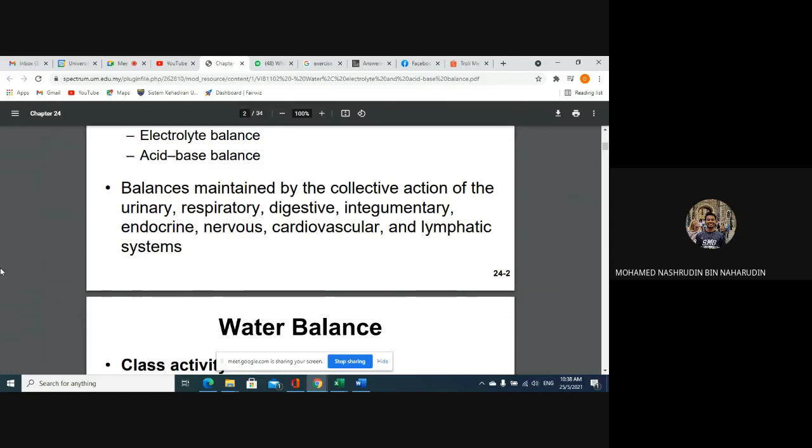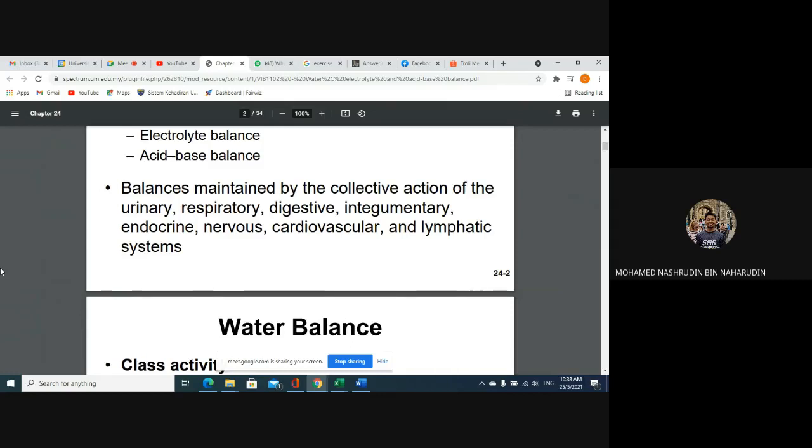And the integumentary system, our skin, is also responsible for losing water and absorbing water. More on water lost via sweat, not too much on absorbing in our skin, but more on excretion of sweat. And then the endocrine system,